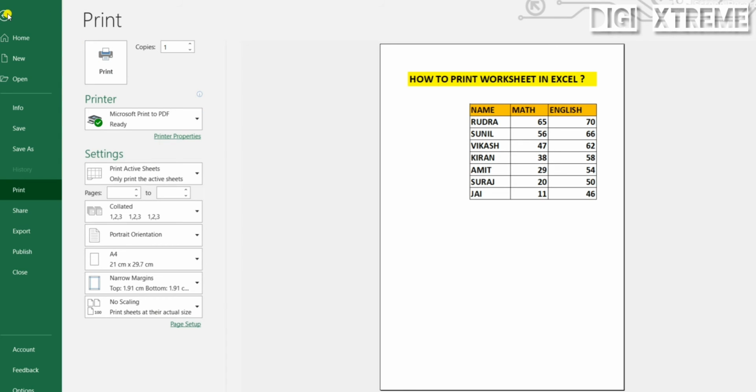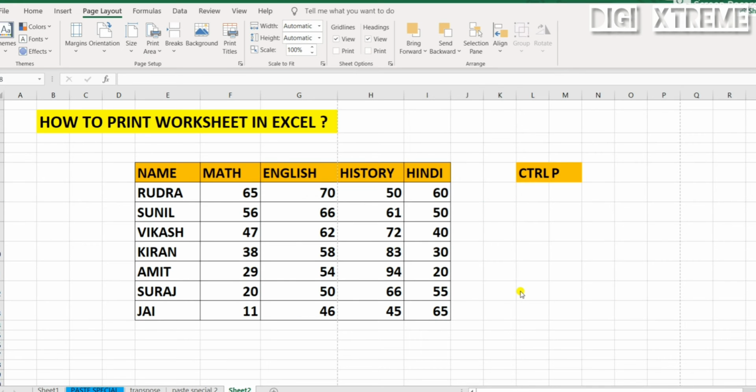Now let's go back to the sheet and let me show you one more interesting thing. What if you don't want the entire sheet printed, just a section? I'll select this area, then go to Page Layout, after File, Home, Insert. There is an option here, Print Area.